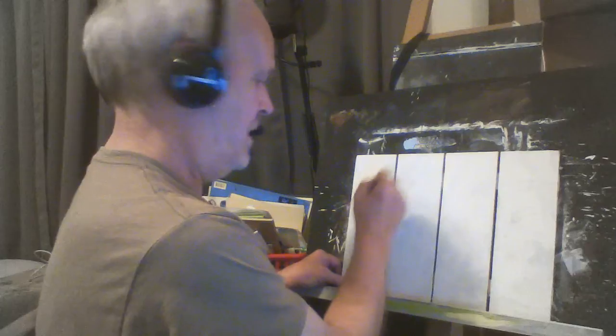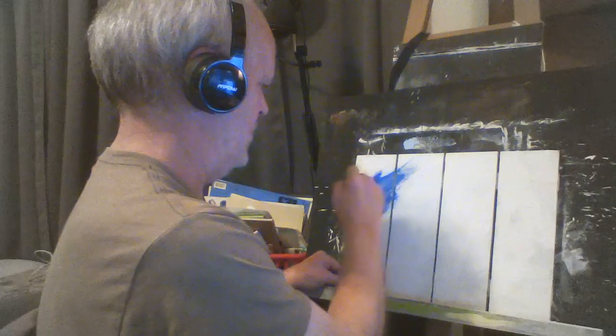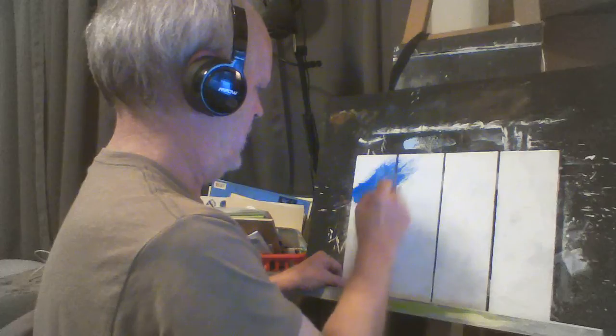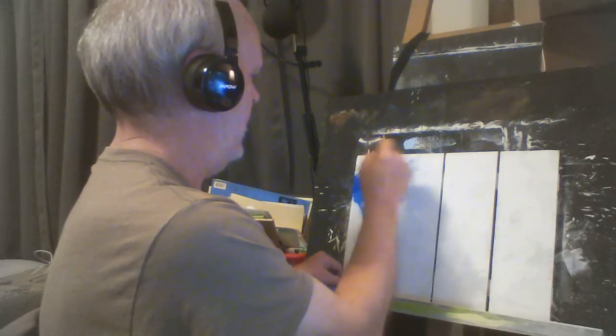We're going to do 4 seasons, and we are going to dip our brush in a little bit of water, but we're going to use our trusty old fan brush, and we're going to go with a little bit of blue in the sky. Now we're doing our painting on a palette thing that has like 4 different sections here,